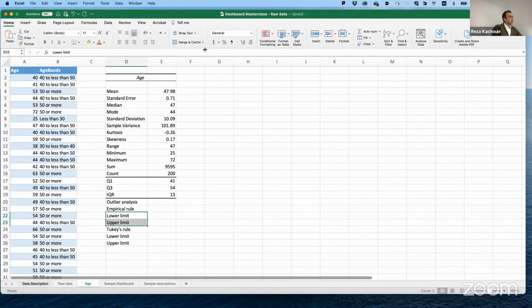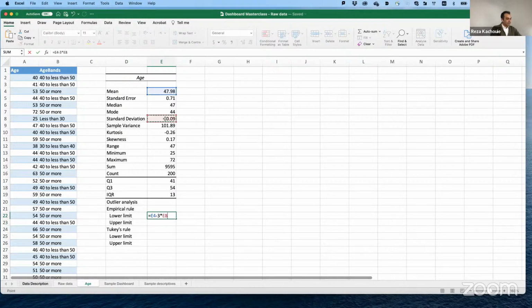Let's make them a bit nicer. For the empirical rule, the lower limit is the mean minus 3 times our standard deviation, and the upper limit is the mean plus 3 times our standard deviation.